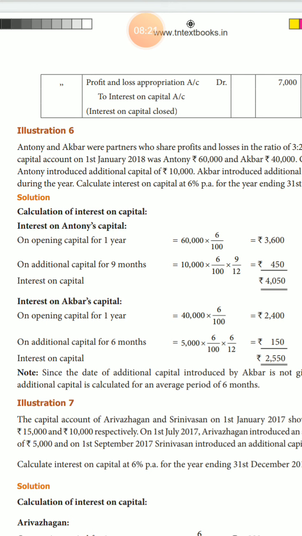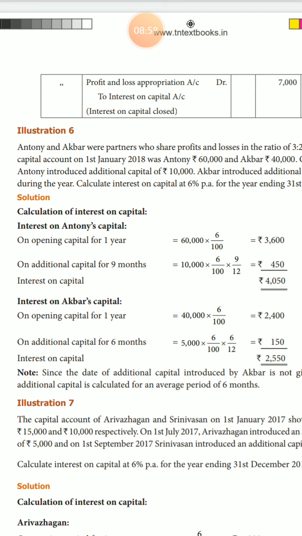On 1st April 2018, which month is the business opening capital? If January is opening, which month is closing? December. January opening means December closed. April opening means March closed. One year means 12 months are calculated. If opening capital is January, it is automatically closed in December only.